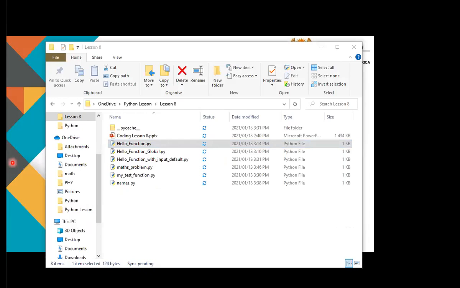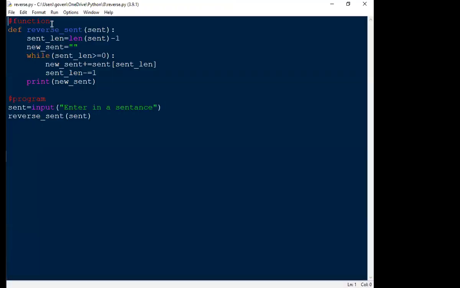This is what the program looks like. So I said, okay, I'm going to have a function. My main function is going to reverse a sentence. In order to reverse the sentence, I need to know what the sentence is. So I said, okay, that person needs to tell me what the sentence is. So next on line